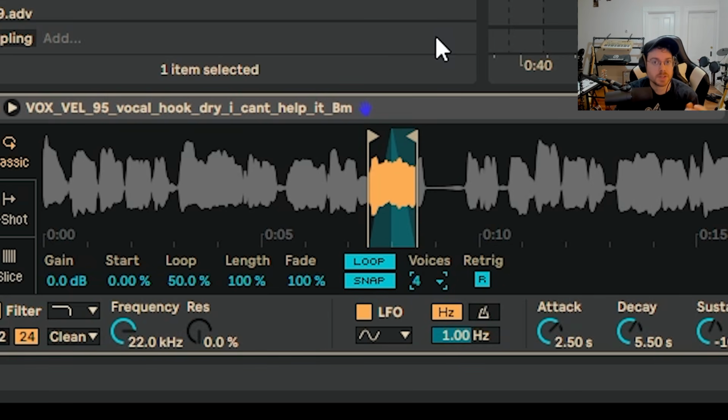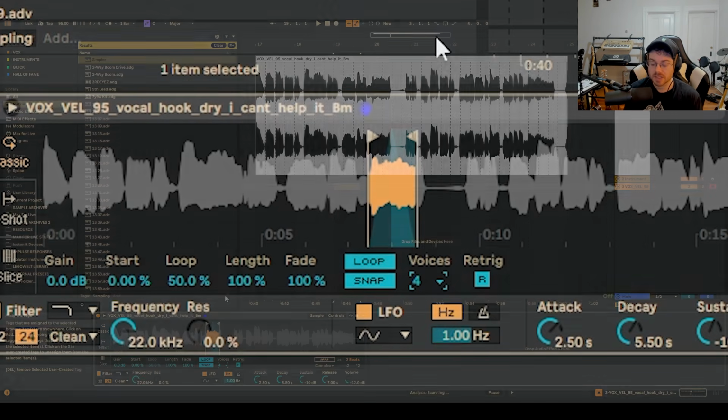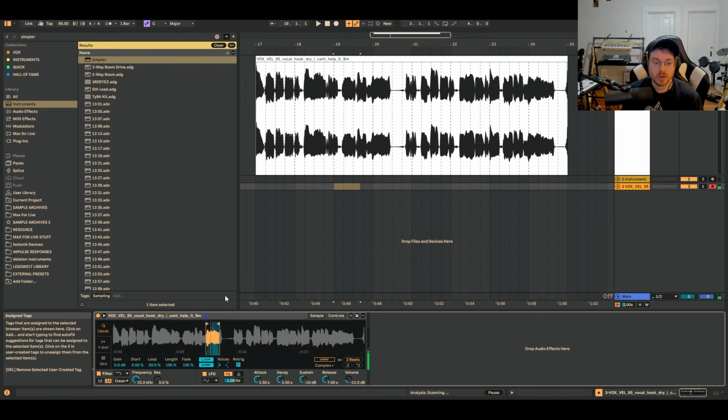Another thing you can do is conform this to just trigger it from the original sound. So a big problem with sampling is that you might change the pitch to something that doesn't work with the key you're trying to play in. It's hard to describe, but basically things start to go awry when you're trying to play this and make it an instrument. So what I do is I conform it to one set note, and I do this with a